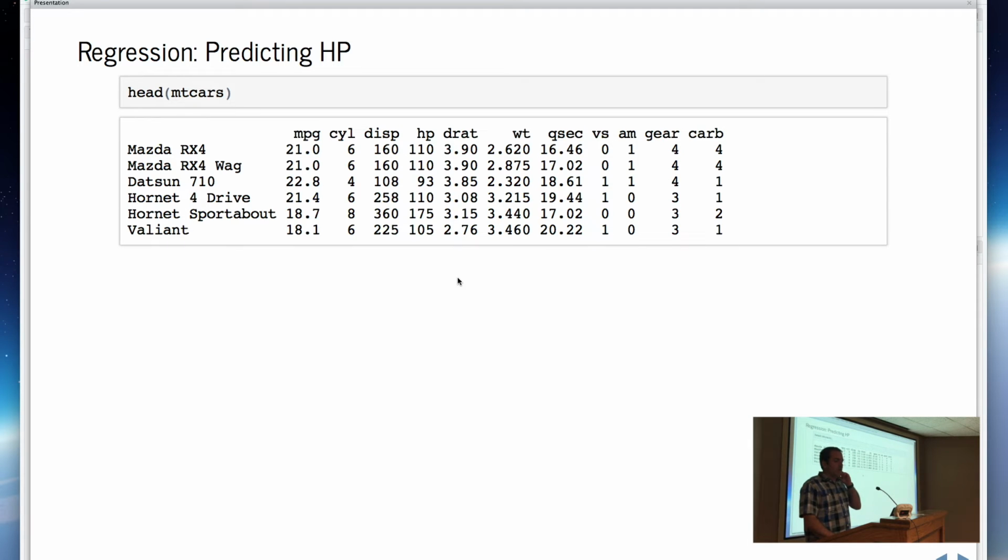So looking at regression, similar to what we did before, but within the context of Caret, we'll use the mtcars data. This is Motor Trend car data from like 1976, I believe. It's a built-in data set to R, which, going back to features that make R nice to work with, there are a number of these toy data sets built in, and then additional packages. We'll look at one like mlbench later, that when you bring in the package, it brings in data sets to work on for practicing the craft of doing this.